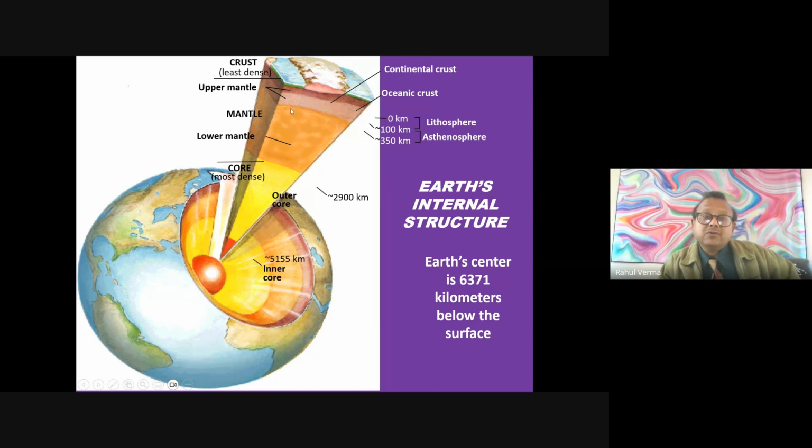Like when you go deep, there is something called the geothermal gradient. The average geothermal gradient is 20 degrees centigrade per kilometer. So if you go down 1 kilometer, the temperature is higher by 20. Now can you imagine, the radius is nearly 6,371 kilometers. Normally we call it 6,400.